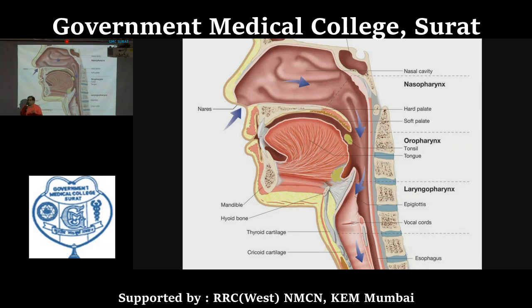The pharyngeal isthmus is bounded here by the free margin of the soft palate, and with that there is one ridge, known as the ridge of Passavant. That is a C-shaped ridge, and this C-shaped ridge along with the posterior margin of the soft palate together form the isthmus known as the pharyngeal isthmus. So this pharyngeal isthmus is the communication between the nasal part and the oral part of the pharynx.